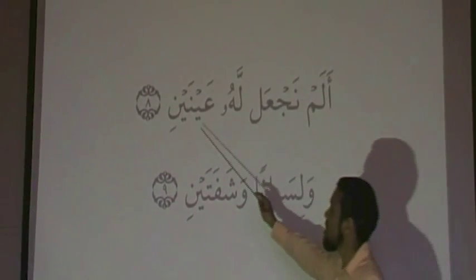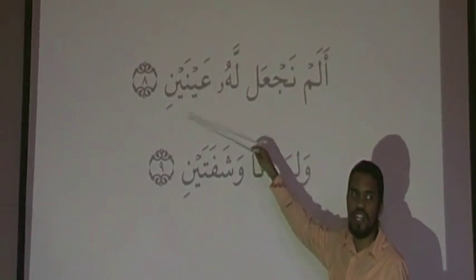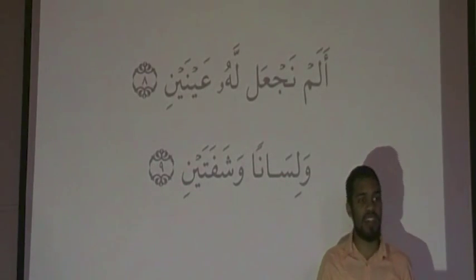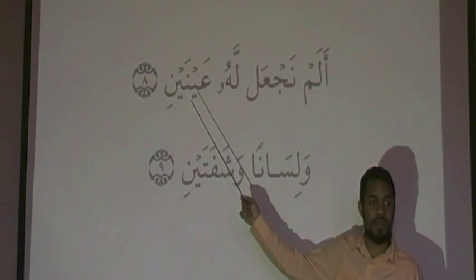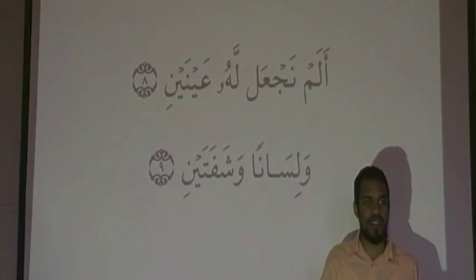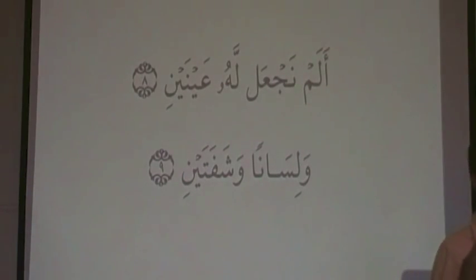ولسانا وشفتين ألم نجعل له عينين. Which case is this in? The nominative case, accusative or genitive? I said nominative is ani, the other two are aini. What's the difference between accusative and genitive? Accusative is if something is the object, if something is being acted upon, like when I say khubzan, that's in the accusative case. I'm going to get to it in detail. For now, I'm just giving you little tips, and then in about two or three days' time, inshallah, we're going to add them all together.